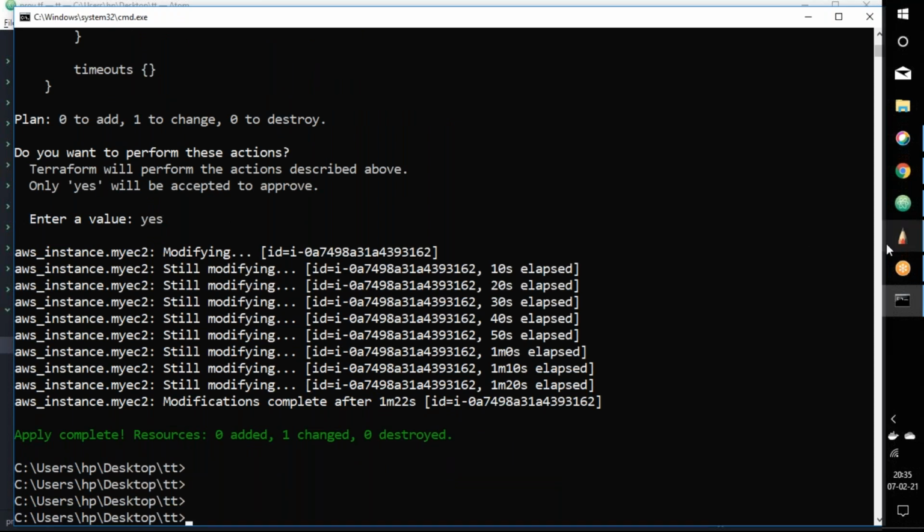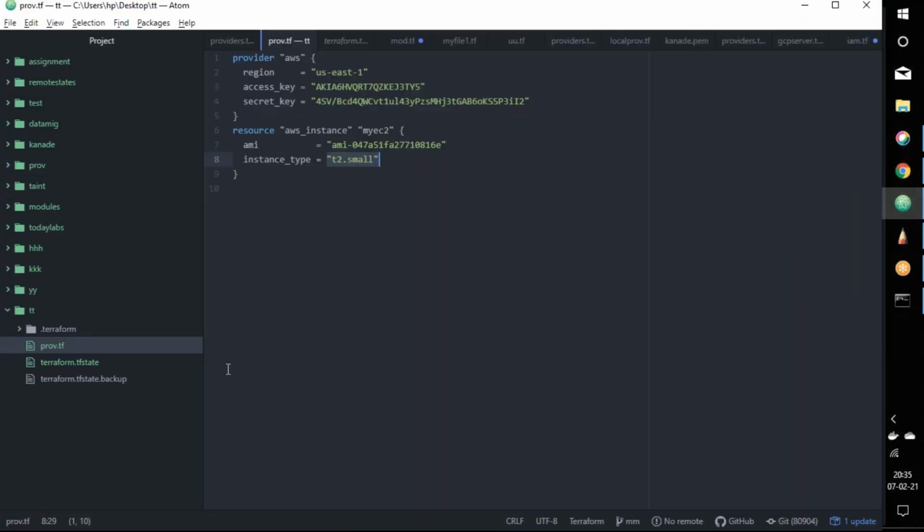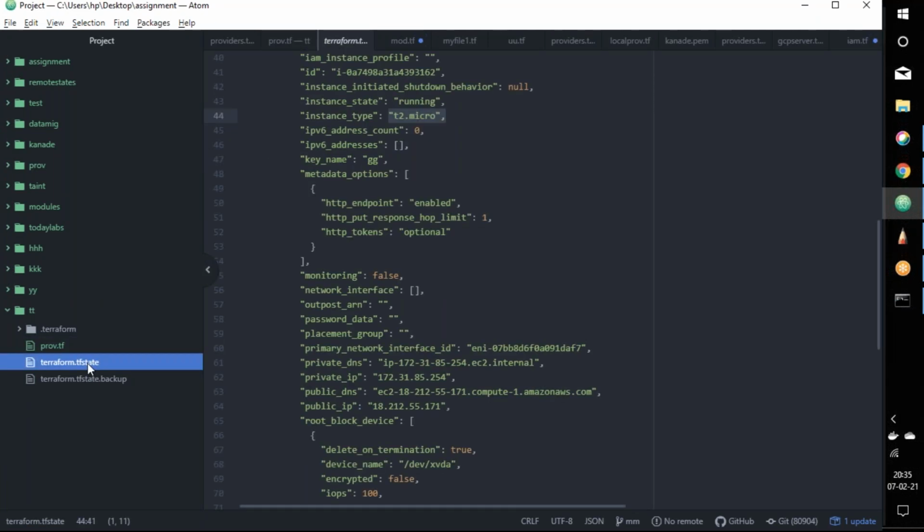Okay, it has changed, and let's have a look at the state file. That's the expected t2.small, which we have made the change to. And if we look into the instance type, yes, it is now t2.small.